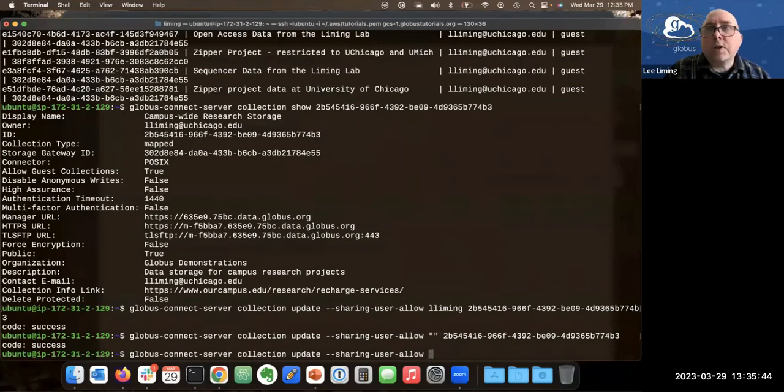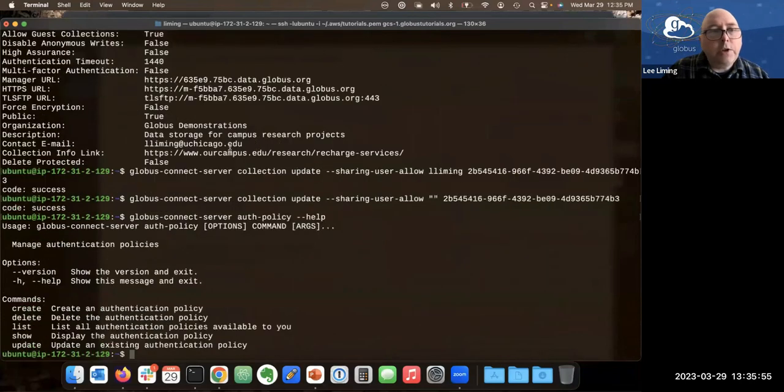Let me very quickly switch again to my command line where I will show you what that auth policy looks like because it's very nice. Auth policy help shows you all the things you can do. You can create auth policies, delete them, list them. This is very important